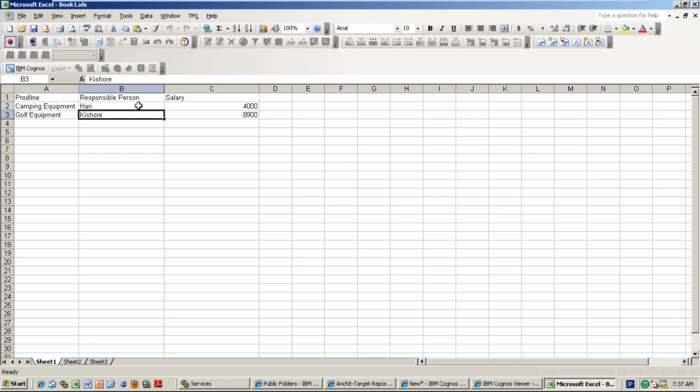You need to add maybe product line, responsible person and salary columns into the product table. So you need to change the DDL, ask the DBA people to change the DDL, add 2 more columns to the particular table. And by using the ETL people, whatever data you are getting in Excel, you want to load to the table, right? So in the table now all the data is available.